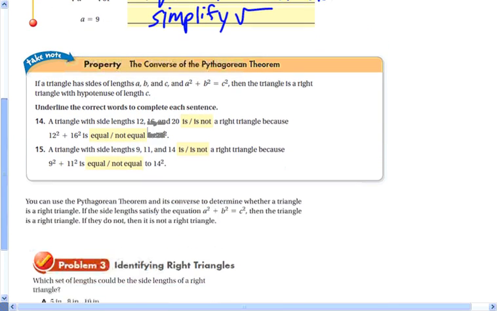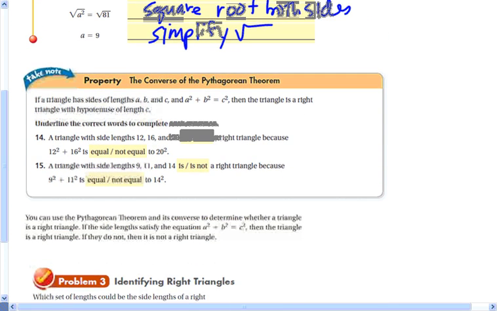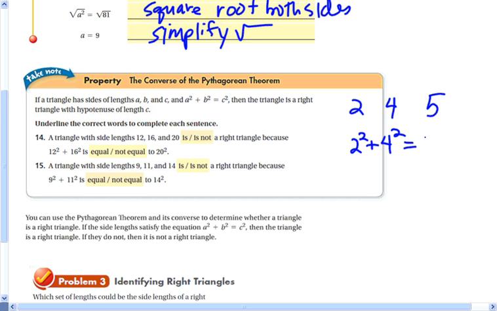All right, so here's another property that we can use Pythagorean's theorem to help us with. If a triangle has side lengths of A, B, and C, and A squared plus B squared equals C squared, then the triangle's a right triangle. So what we're saying is, if we have any three numbers, like let's say I have a 2, then I have a 4, and I'm just going to make this up, a 5. If we have a triangle with those lengths, and 2 squared plus 4 squared is equal to 5 squared, if that's true, so I'm just going to put a question mark there because I'm not sure it is,